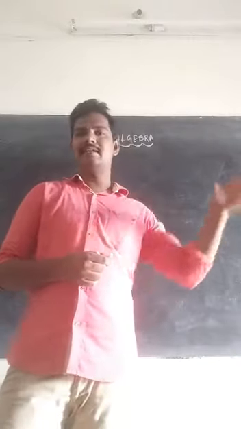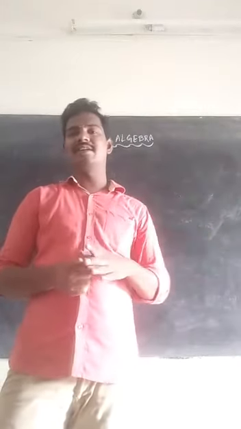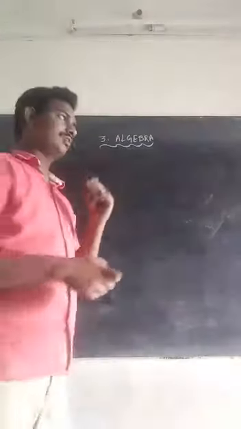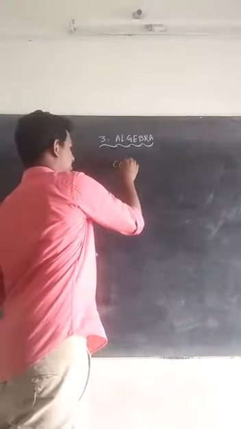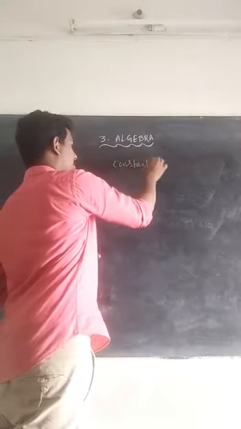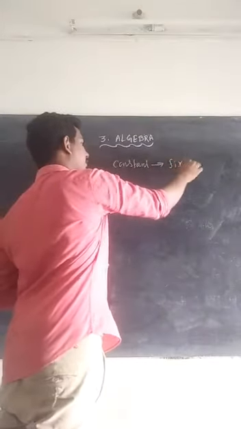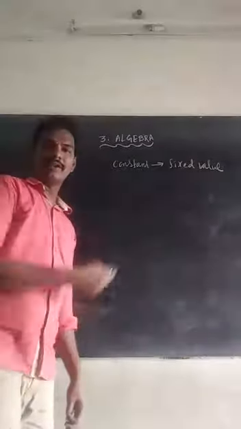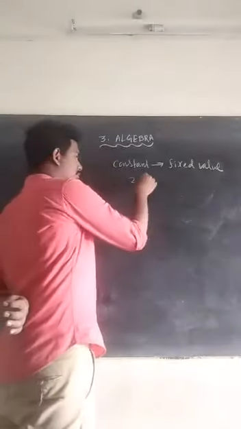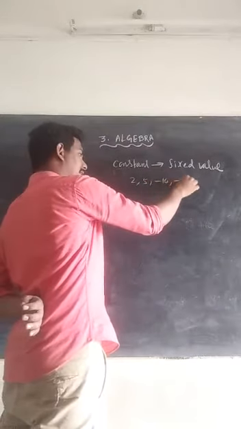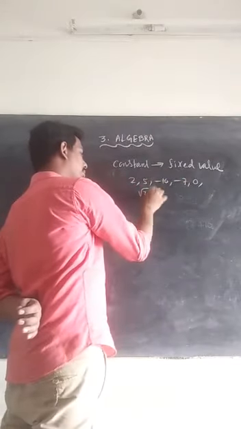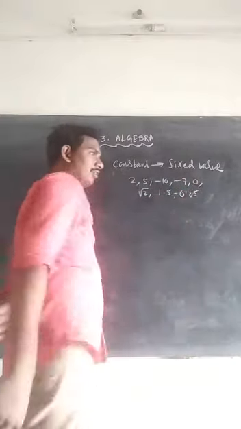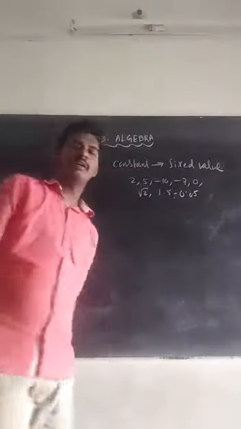In the previous standard, 8th standard or 7th standard or 6th standard, you have already learned the basic concepts that we can recall now. For example, first, what is a constant? A constant is a fixed value. For what are the constants we can say? 2, 5, -10, -7, 0, √2, 1.5, 0.05, -0.05. All these things are called constants.